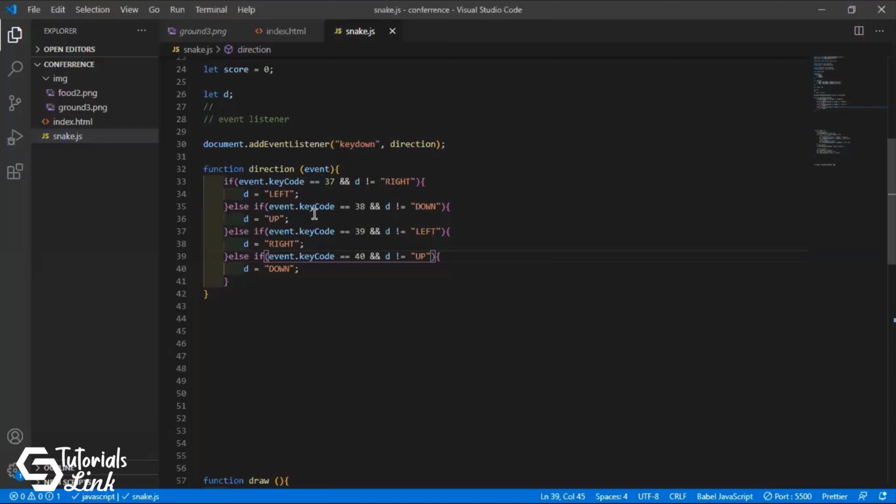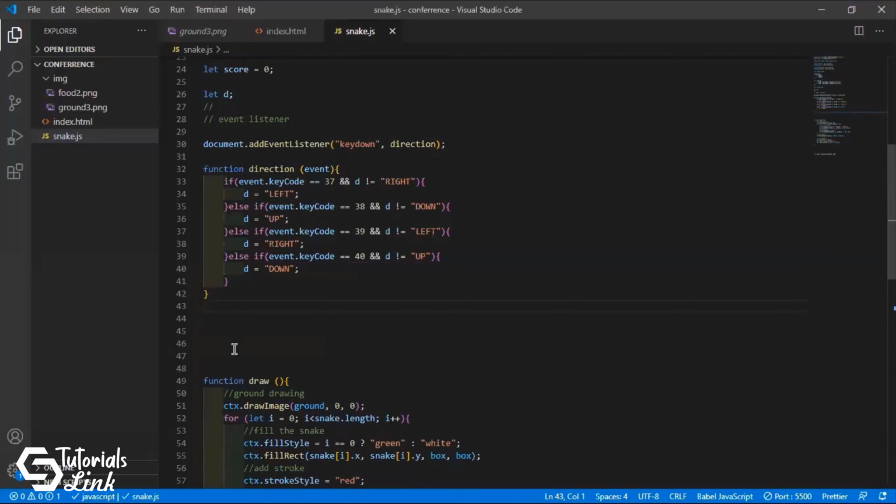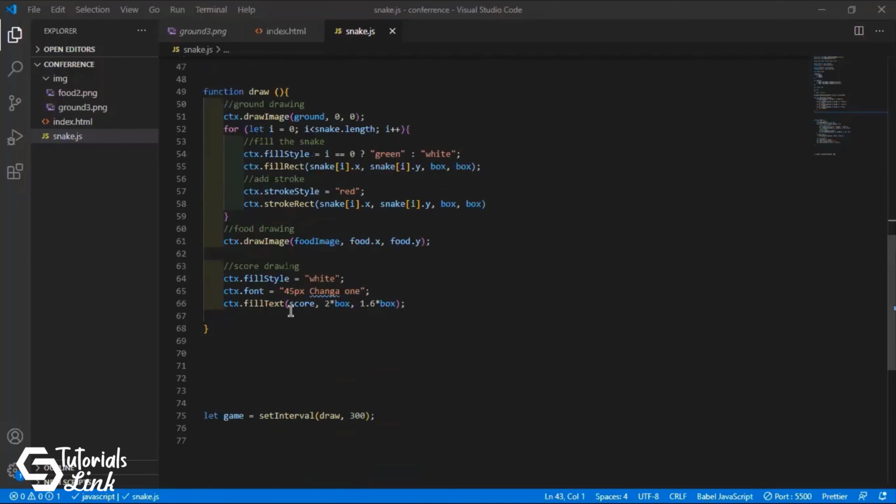So now the next thing will be getting into the main part. The main part will be changing the direction of the snake. So for this, let's go to the draw function and we have to get the old head.